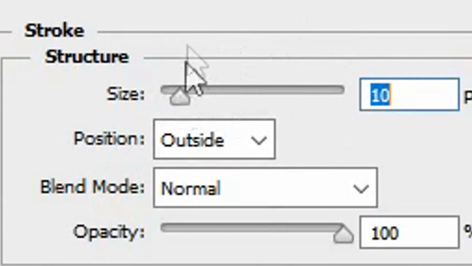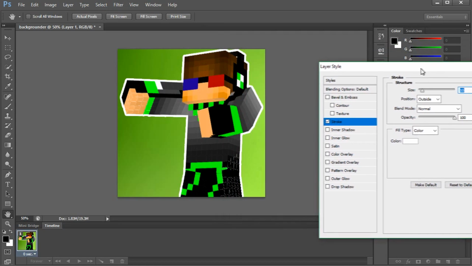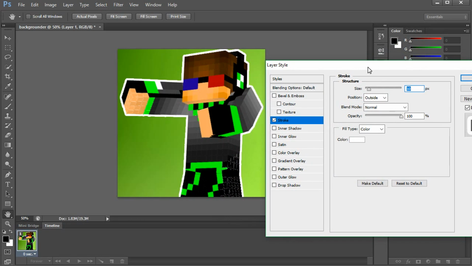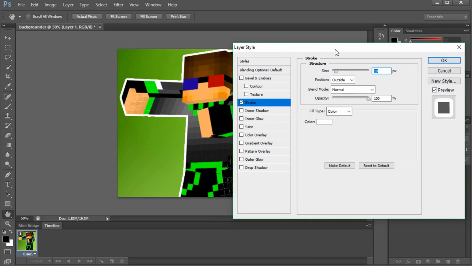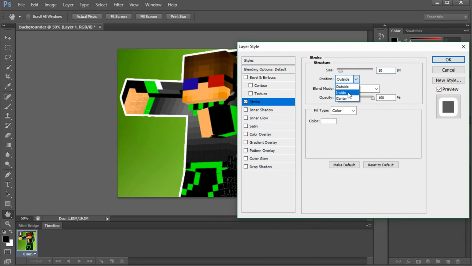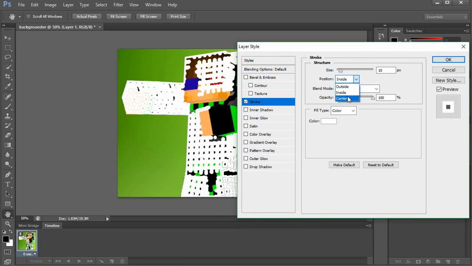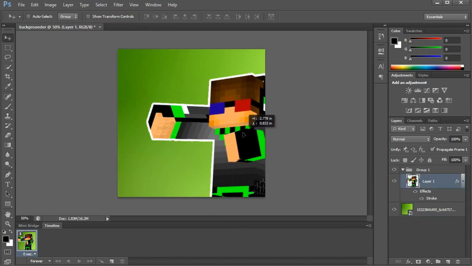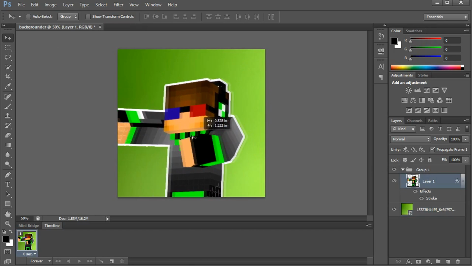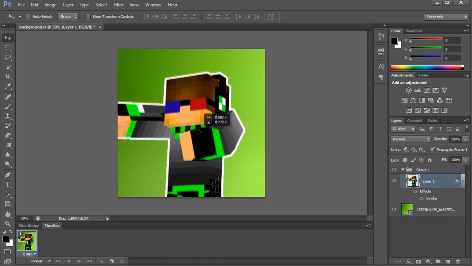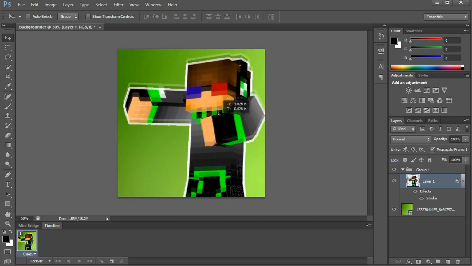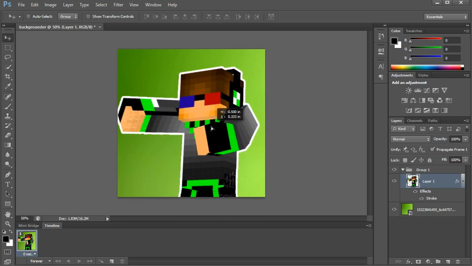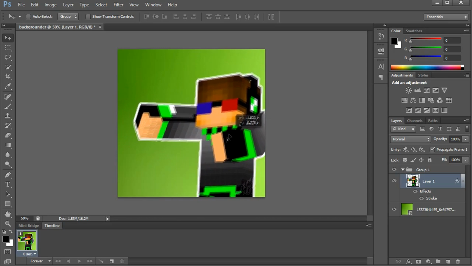You can make it so it looks like that. Here's a little preview of it. It does look a little bit sketchy near the arm, but as long as you have the basic character selected, you should be fine. And then position outside, you can change it to inside, which doesn't make any sense. Or center, like what the frick is that? Just make it outside, but you want to make sure that it is filling up a good portion of the actual thing. So what you will have to do is make sure that the actual main thing in the profile picture is zoomed in more, or takes up more of the canvas,